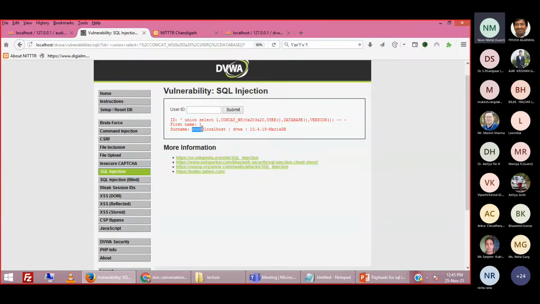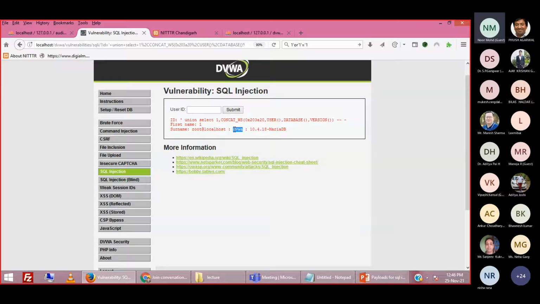Root. Our database may have multiple users: root, ABCD, Amrendra, Rakesh, Ramesh, right? So with which username is this particular website interacting with the database? For a single database there will be multiple users. Different websites may be accessing the same databases with different usernames, right? So this website is accessing the database with username root, right? And which database is it interacting with?